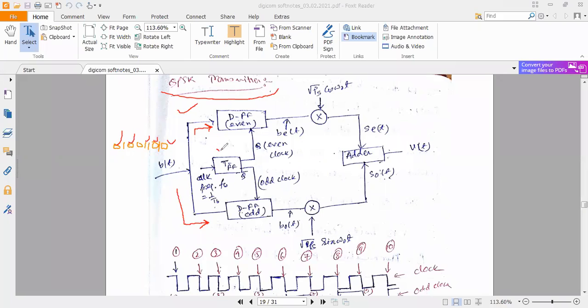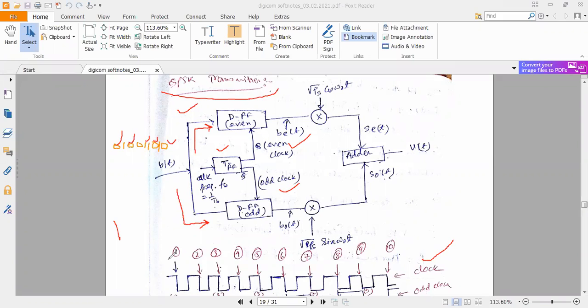So that's why it's a T flip-flop. Now you are having the clock, something like this. That clock is present here as input to the T flip-flop. Now see, the upper D flip-flop is triggered by the even clock, and the lower D flip-flop is triggered by the odd clock. And it is separated. How? Because this is Q and this is Q bar, and as you know, Q and Q bar are complements of each other. So when this clock is activated, then the other clock would be deactivated.